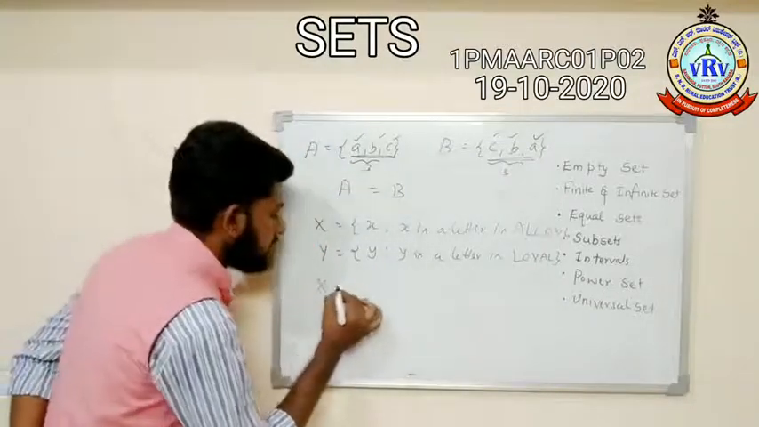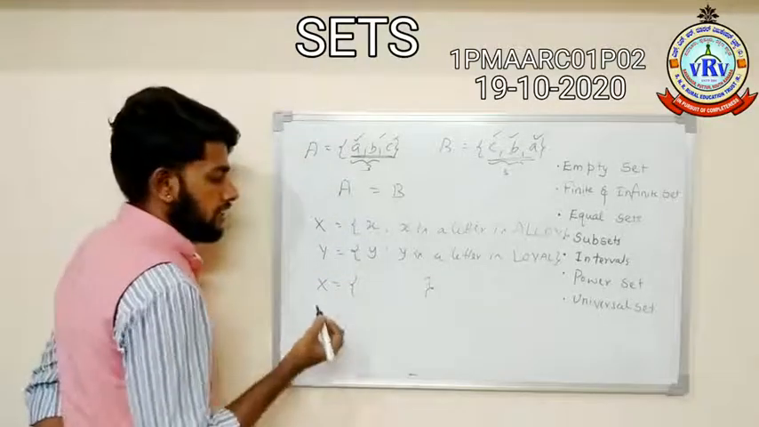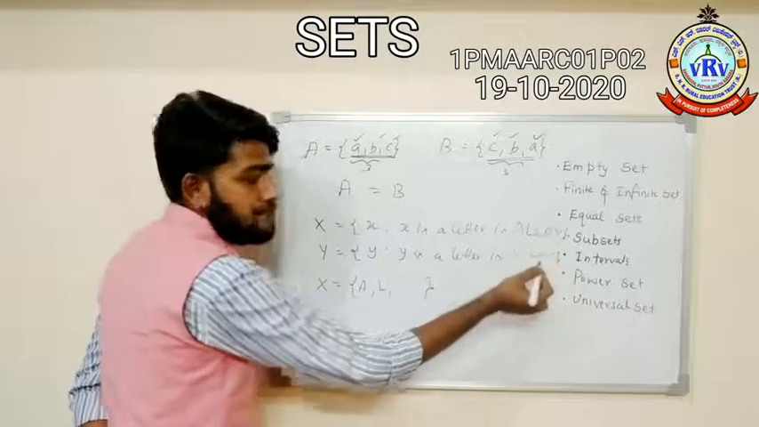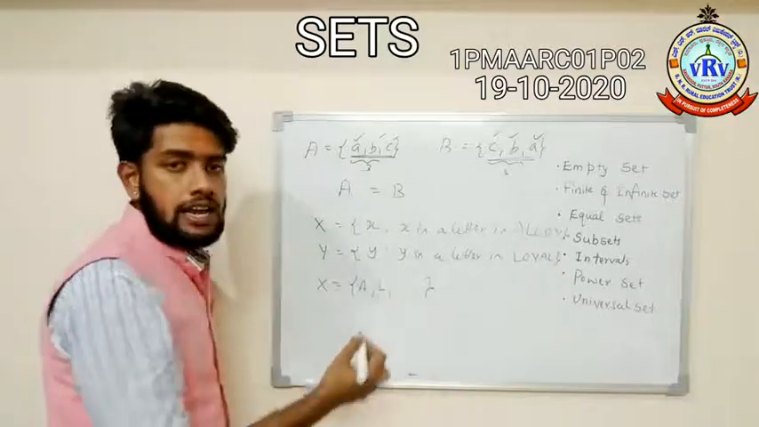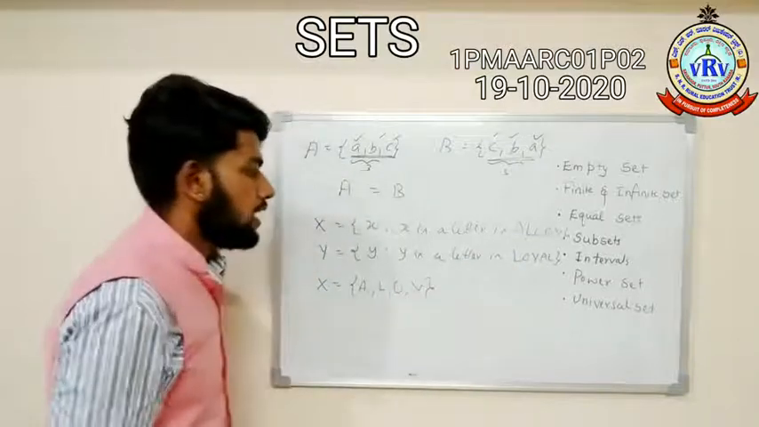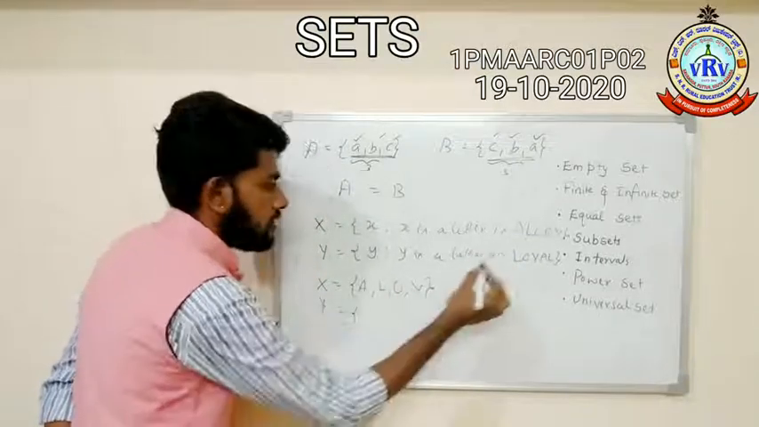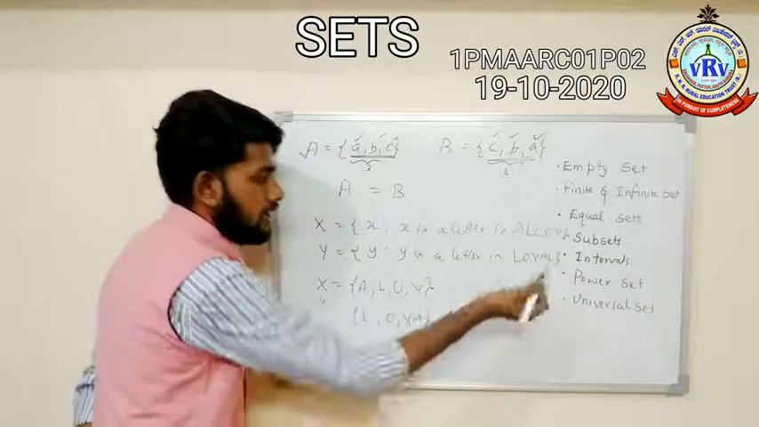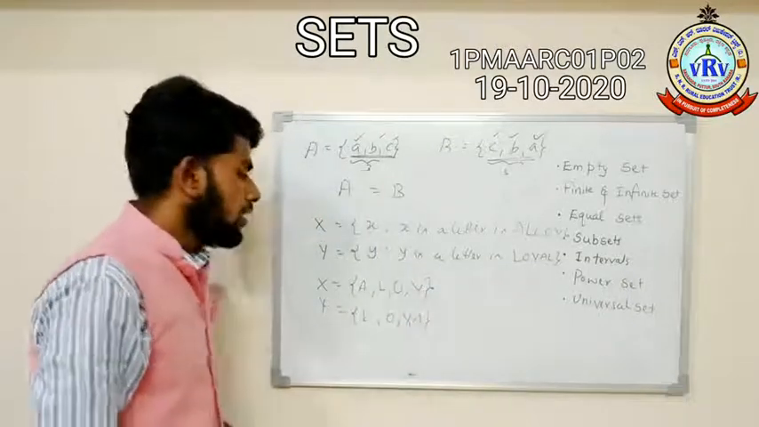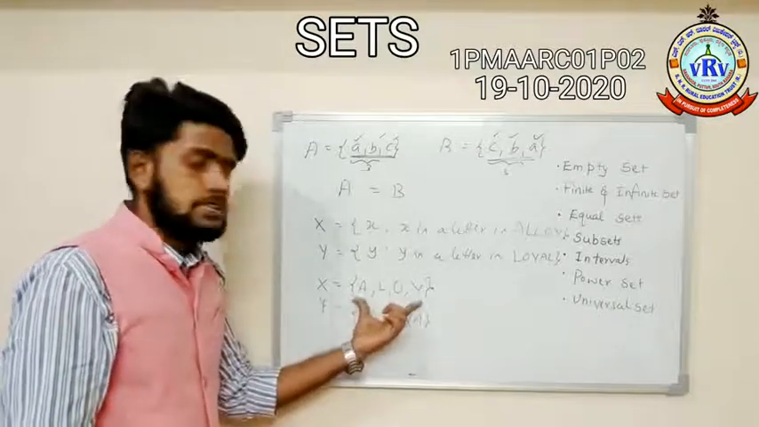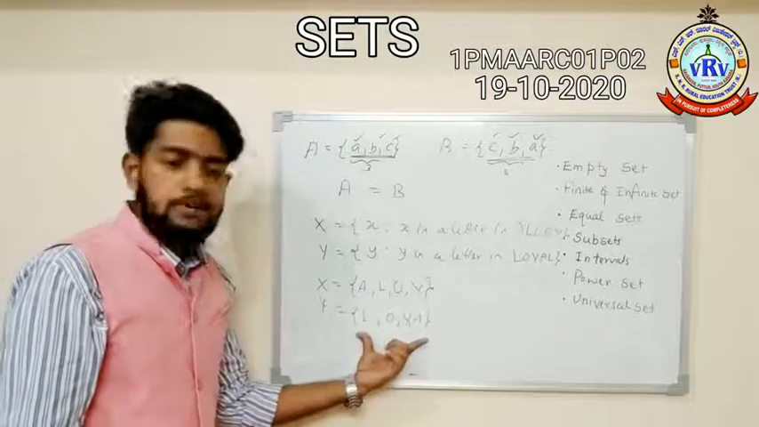I can list the letters in the set X, right? One is A, second one is L. L is repeating again. We won't repeat the elements inside this set. So next is O, next is Y, and set Y is L, O, Y, A, and again L is repeating. We can observe that the number of elements in the set X is 4,